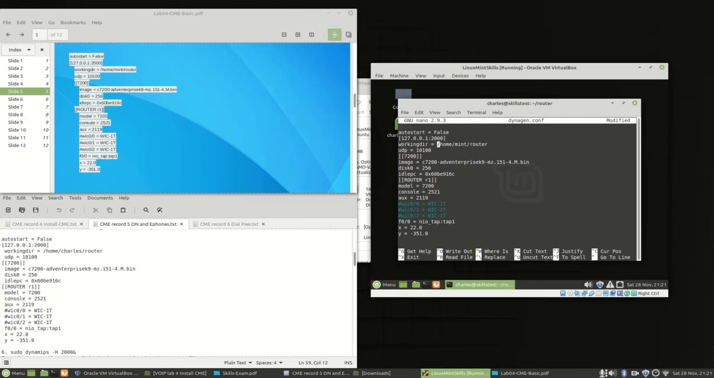And the working directory will not be /home/mint/router. It will be /home/charles/router. And the UDP port will stay the same. So this is our image. It will refer to the file C7200, which will also be in the /home/charles/router folder, and it will use a disk space of 252 megabytes and